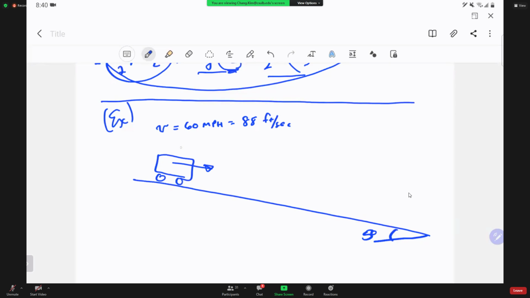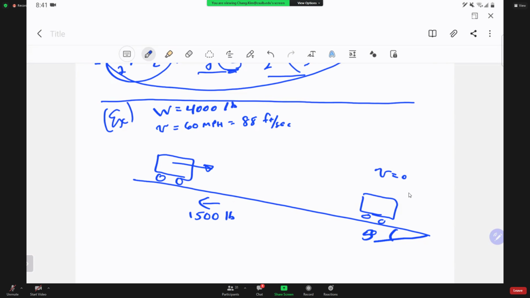And the weight of this car is about 4,000 pounds. And this person hit the brake. And at this point, it's going to stop. Okay. And the braking force, the resistance to the motion, is acting 1,500 pounds in that direction, along the